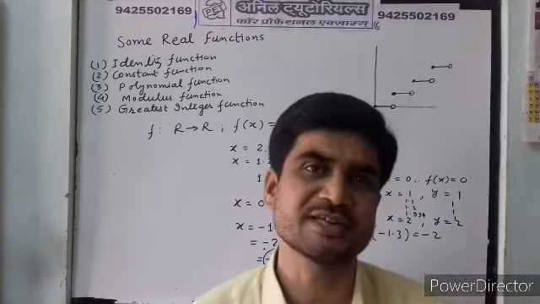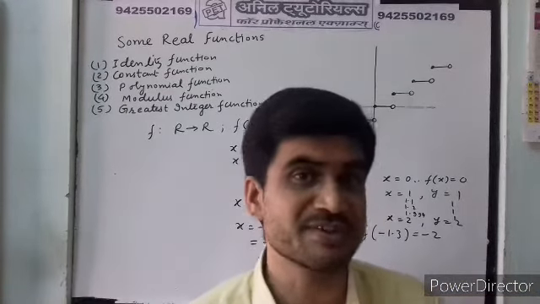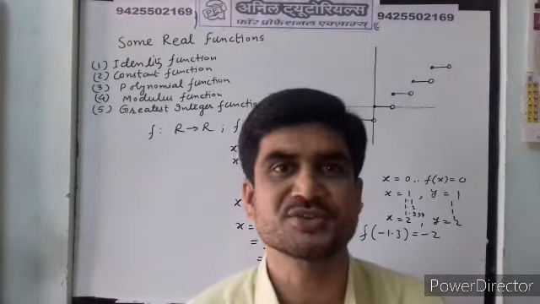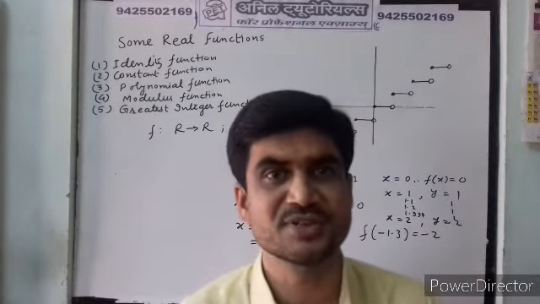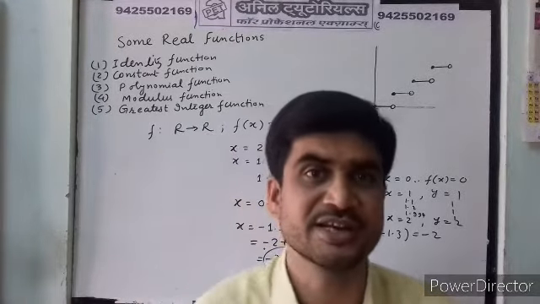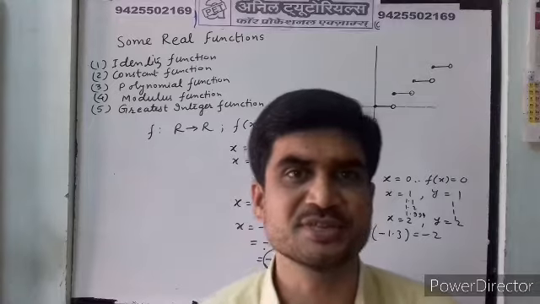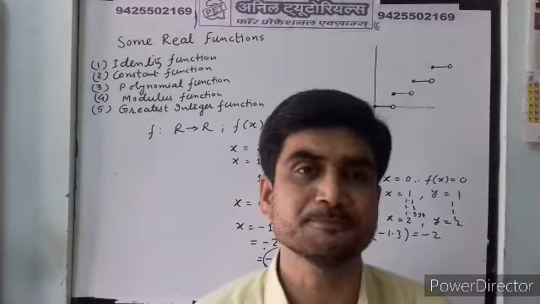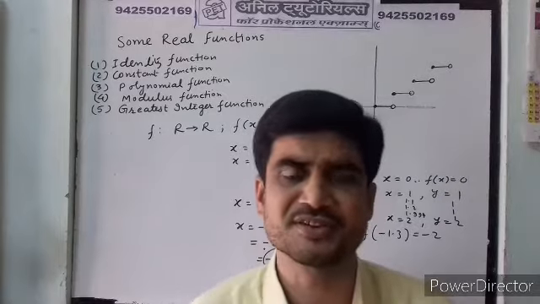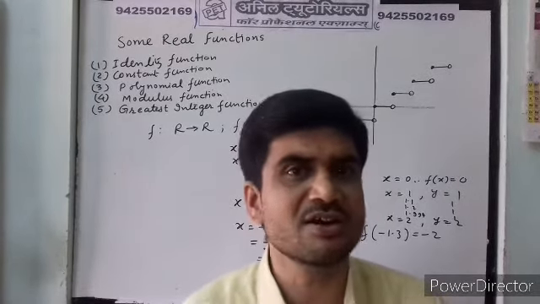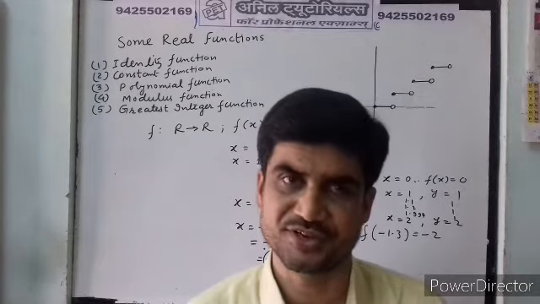Now similar to that, we have several types of functions. Real value function means, just in the previous chapter we studied inverse trigonometric functions. Those inverse trigonometric functions are also functions. We have 6 types of inverse trigonometric functions that we studied, so their graphs are also there. We will see that later on in some other chapter. One more thing, all the trigonometric functions, logarithmic functions, exponential functions, all these are real value functions.